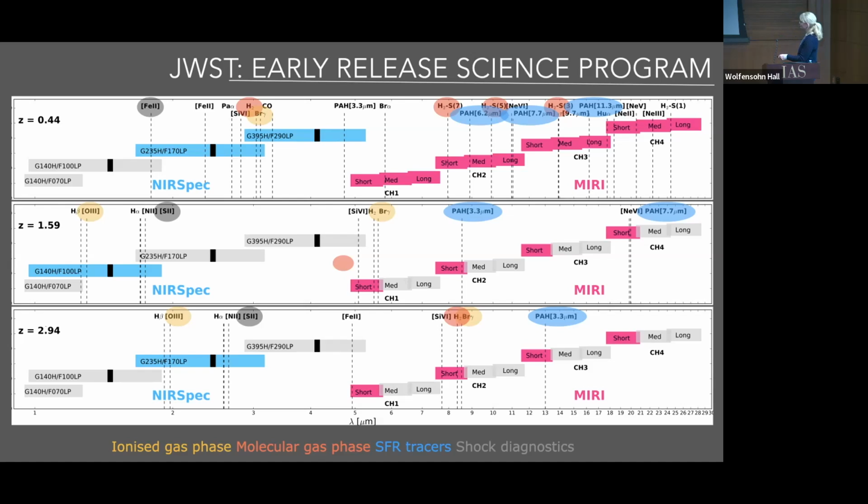The x-axis shows you now the wavelength range that JWST covers, going from slightly below 1 micron out to 30 micron. The blue and pink colored regions show you the filters and gratings that we're using for these sources. As you can see, we chose a setup such that for each of the sources, we will be able to observe traces for the ionized gas phase, here colored in yellow, the molecular gas phase, star formation rate traces, and shock diagnostics. So with this coverage from 1 to 30 micron, we'll be getting information about the multiphase medium